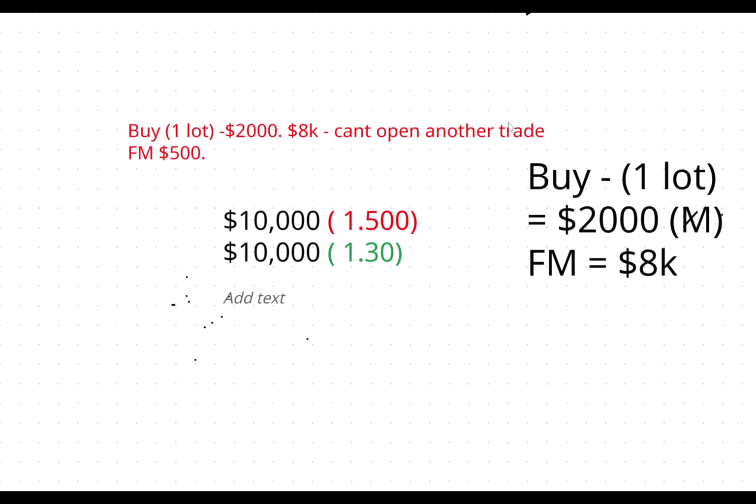Mr. Uche, please let me ask. In this example we are looking at now, these two people, let's say they have each placed one trade at $2,000 margin taken. This one on leverage of 1:30 has free margin of 500 remaining, and the other one 8K. So let's say their trade, this $2,000 trade, goes into loss. What will be their balance? Is it this 8,000 for this person and 500 for that one?